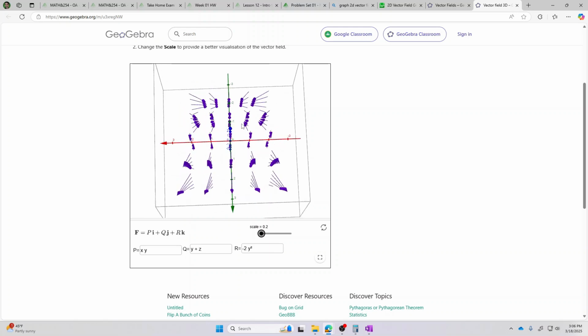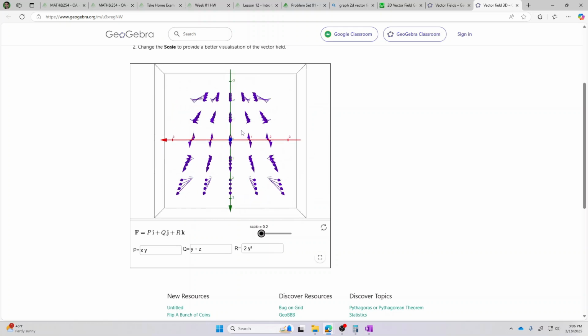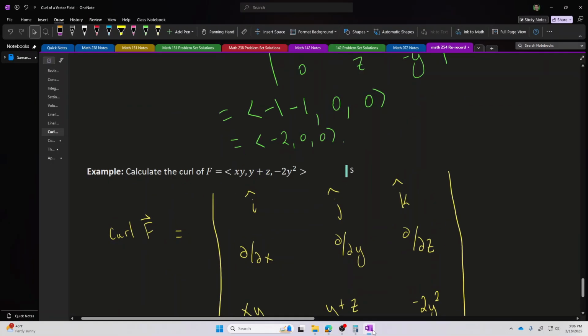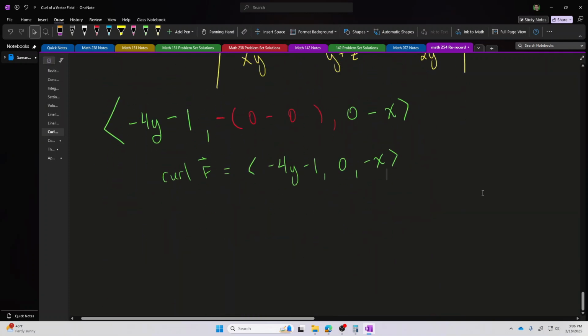And then if I look at it from the vantage point of positive z, it's getting a little hard to read, that one actually. So it's not as clear to me what the overall swirl motion should be. The graph is a little too chaotic for me to parse personally. But this calculation shows that the swirl largely depends on the value of the x coordinate of your position in the vector field. Interesting.